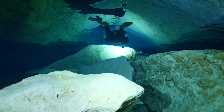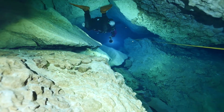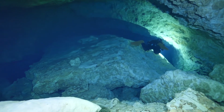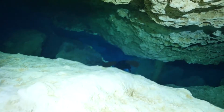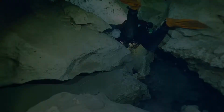It's a big tube room that has these boulders that have fallen down and these really, really pretty air pockets on the ceiling. And this room ends right here with this crack, and you drop down this crack from like 50 feet to 90 feet, so it's a significant drop that you've got to go down, and then you've got your choice of places to go, and we went right around there, so not super far back, but a neat